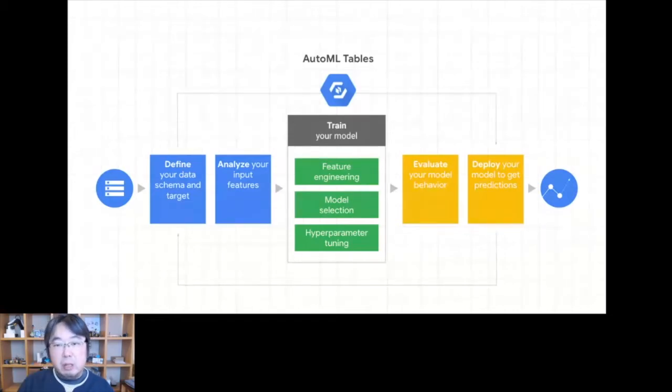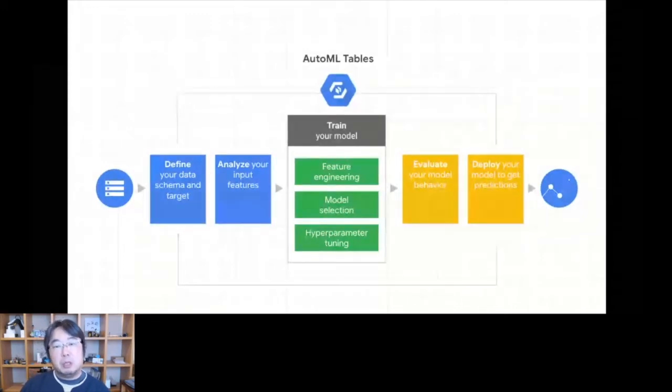And evaluate the model to see if it provides the proper accuracy for your purpose, and deploy the model for a scalable prediction service. Anyway, it takes a long time and much expertise to do this if you don't have any useful tools like AutoML Tables. But with AutoML Tables, we try to automate a major part of these tedious, time-consuming tasks for the data scientist,